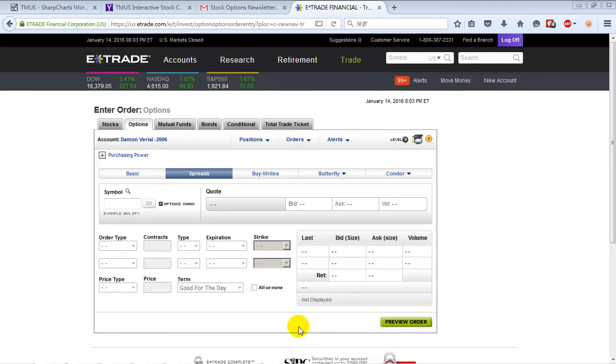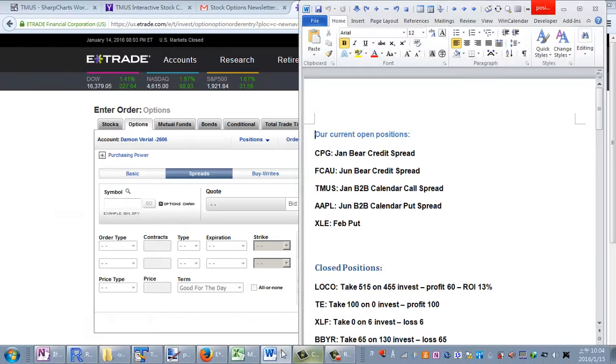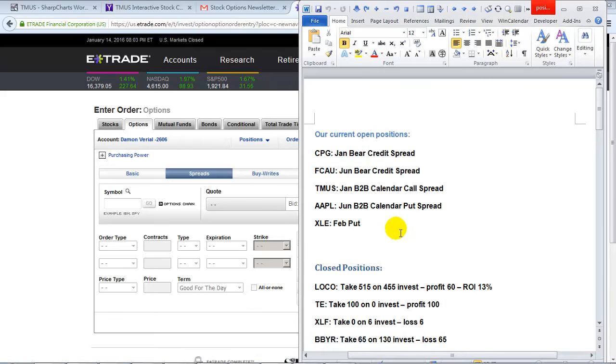It is expirations week, options expirations that is. We have 5 current open positions in our newsletter. 2 of them expire today on Friday. So I'm going to show you how to close them, and we're going to look at the other open positions. So today we're not going to open any new positions, but we are going to close the 2 January positions